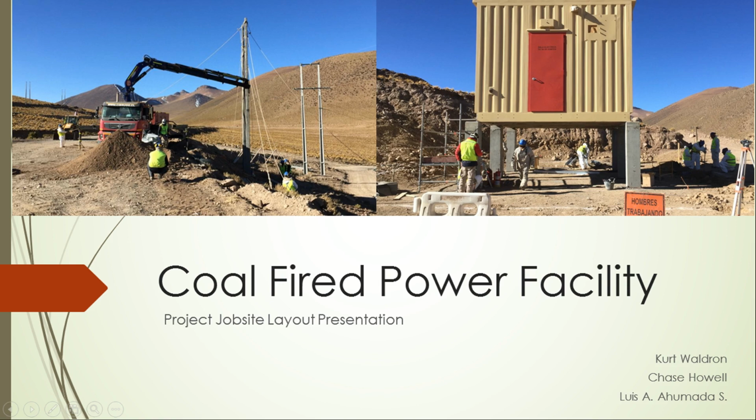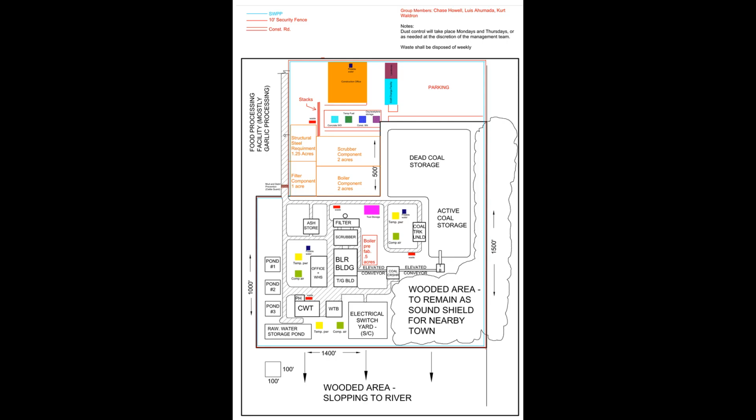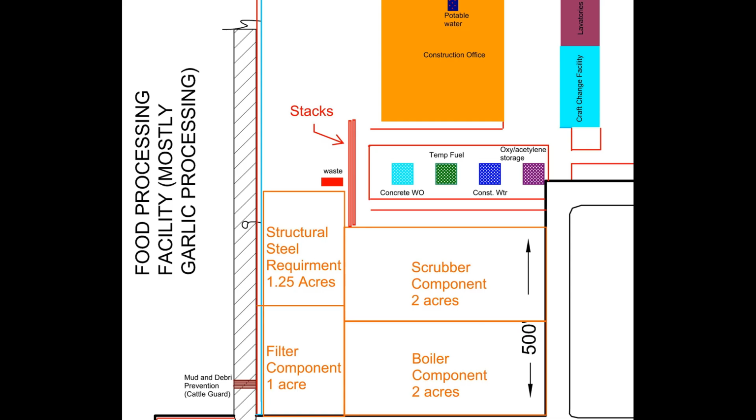So this is our presentation on our job site layout for the coal-fired power facility. We're just going to run through where we placed items on the project and how we're going to prepare the land so that we can efficiently use the resources that we have and be productive with our time and our materials. So I'll go ahead and start off by sharing. If you look at the orange writing on the screen, that's our layout, our material layout